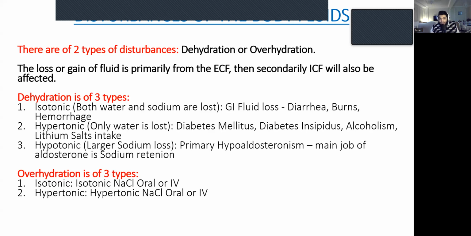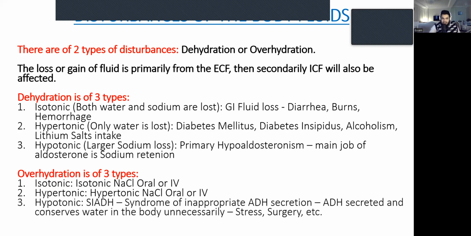What about hypertonic? So the same water which was mixed with sodium chloride, if this concentration is higher, if this concentration is more than the ECF, then it will be hypertonic. It will be hypertonic overhydration. And the last thing is hypotonic overhydration, which means you will take water mixed with less salt. No. Hypotonic overhydration occurs in case of a disease which is called SIADH, syndrome of inappropriate ADH secretion, which means there is a hormone in the body which is known as ADH,